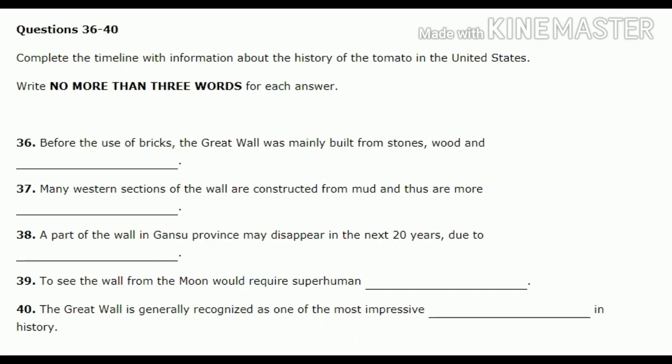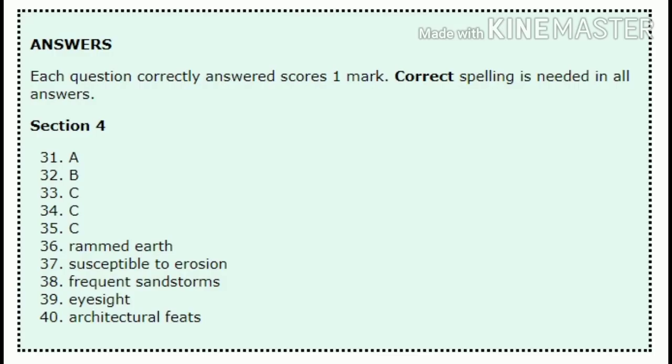That is the end of section 4. You now have half a minute to check your answers. You will now have 10 minutes to